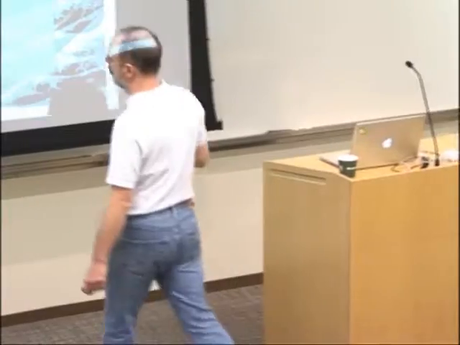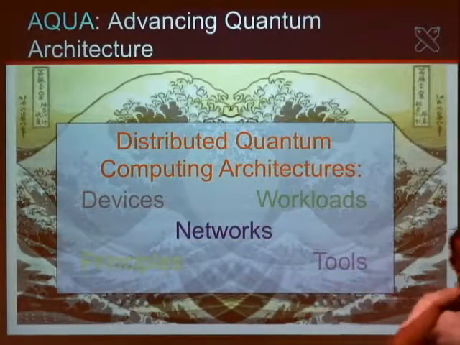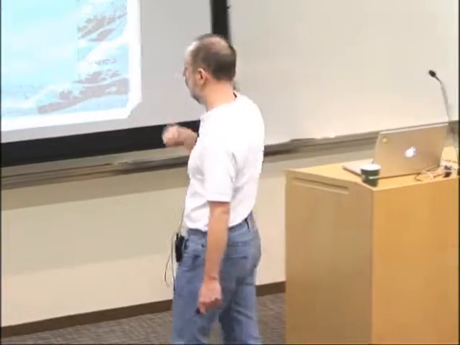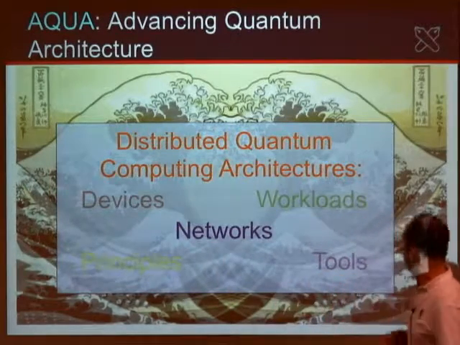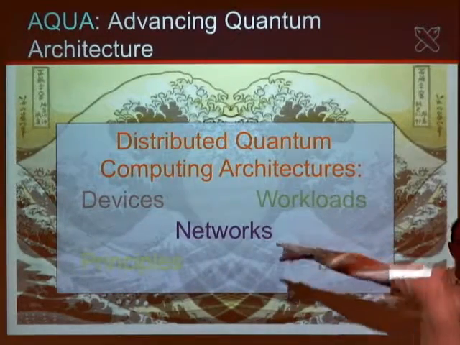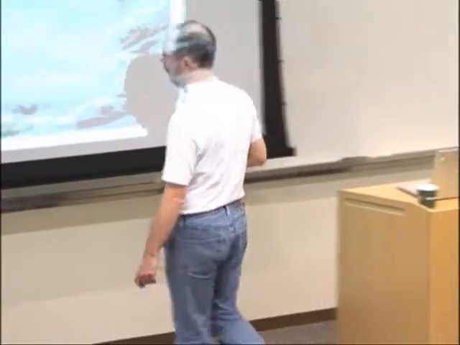That includes things like, we've actually done some design of individual devices, which I talked a little bit about informally the other day. Some of these are nanophotonic devices and things like that. A lot of this work is done in collaboration with guys at Stanford. Done work on workloads, and by this I mean taking applications and figuring out how well they will run on a given architecture, as opposed to actually defining or creating new quantum algorithms themselves.